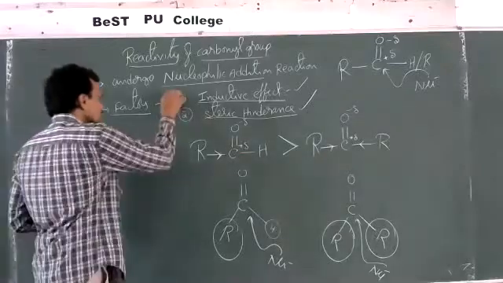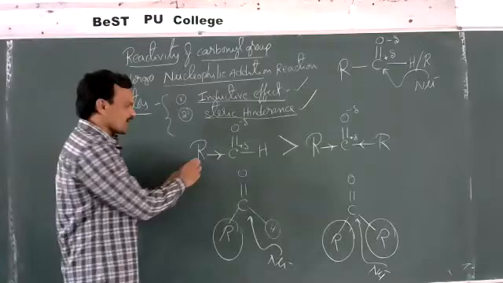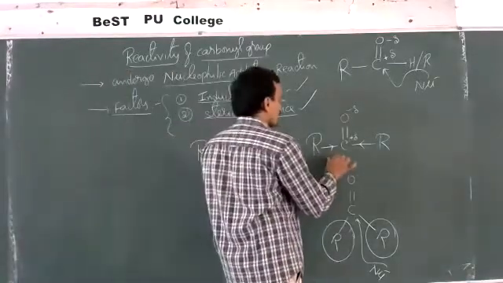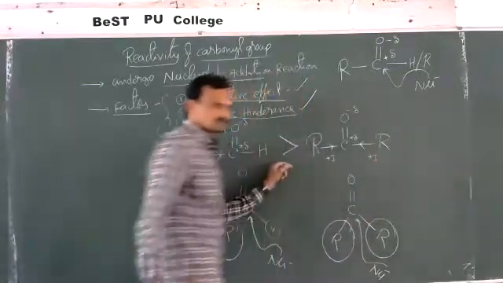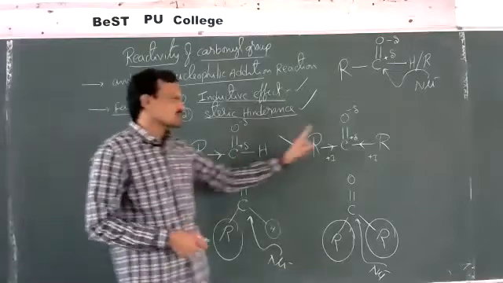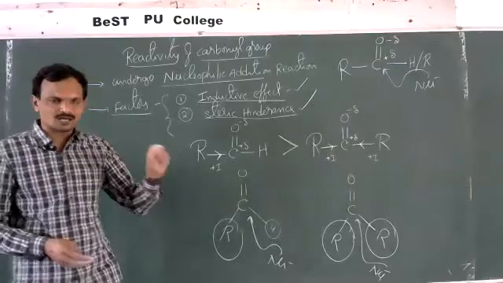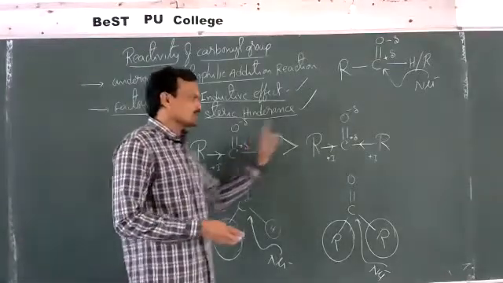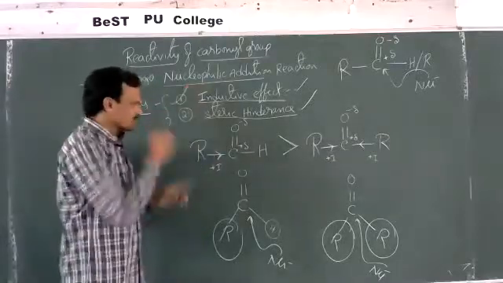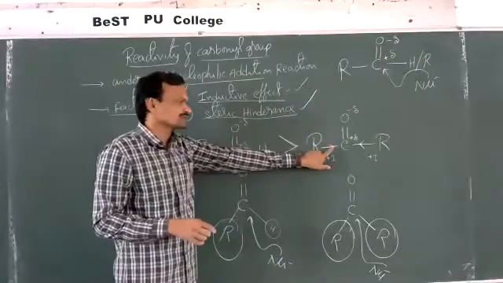See once again, the first factor is inductive effect. Aldehyde contains only one alkyl group which can show a plus I effect, whereas ketones contain two alkyl groups which can show a plus I effect. As the electron releasing effect increases, the extent of positive charge on the carbonyl carbon decreases. As the positive charge on the carbonyl carbon decreases, the reactivity of the carbonyl carbon also decreases. Means in terms of inductive effect, the reactivity of aldehydes is more than the reactivity of